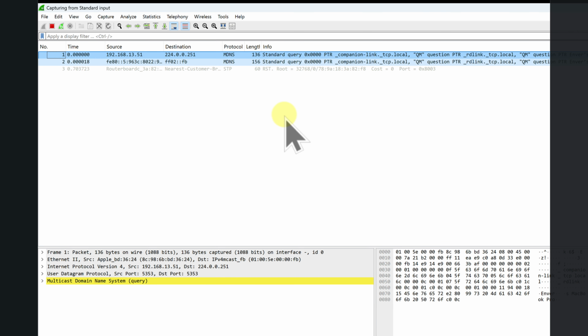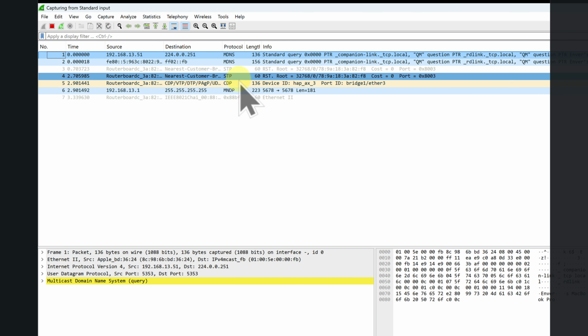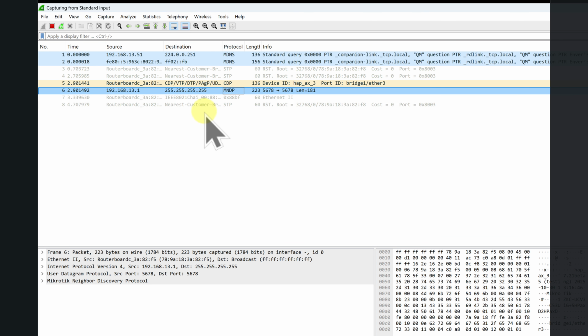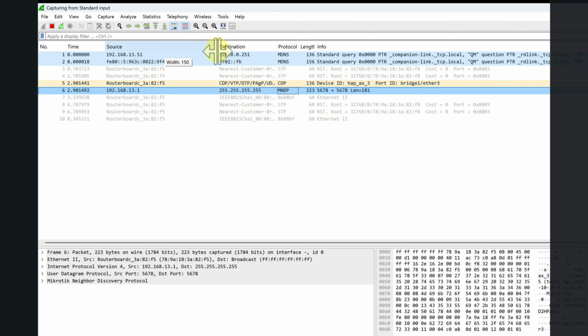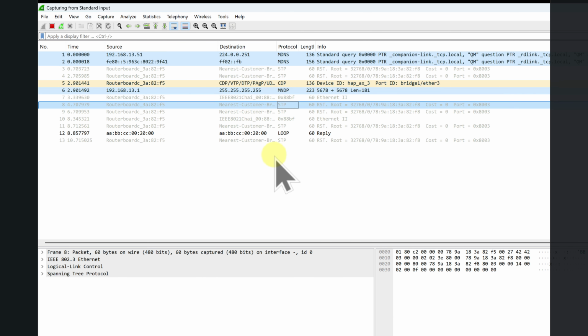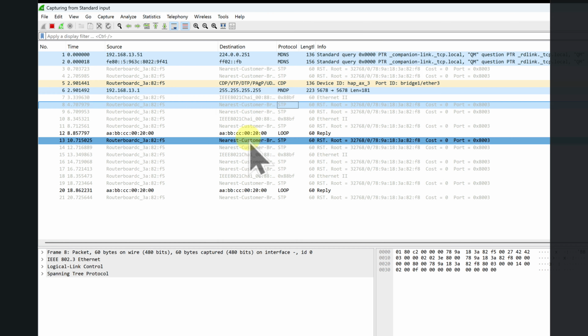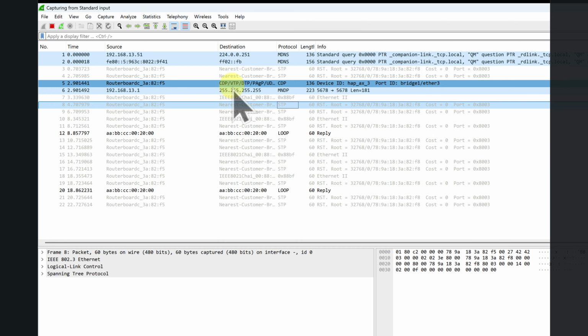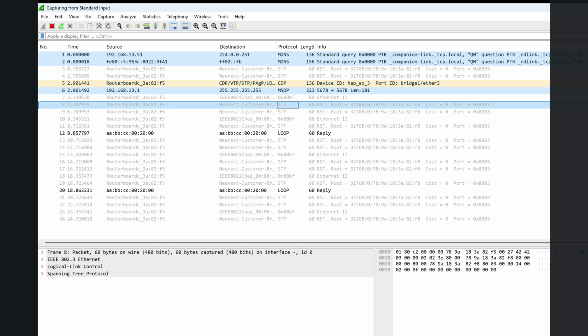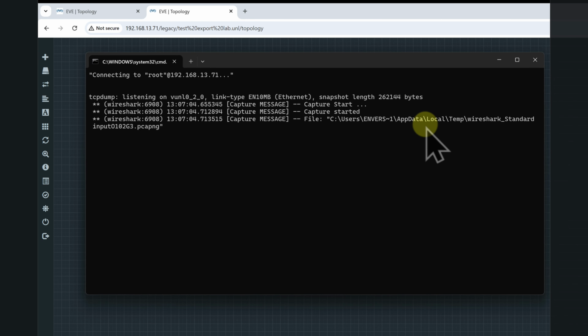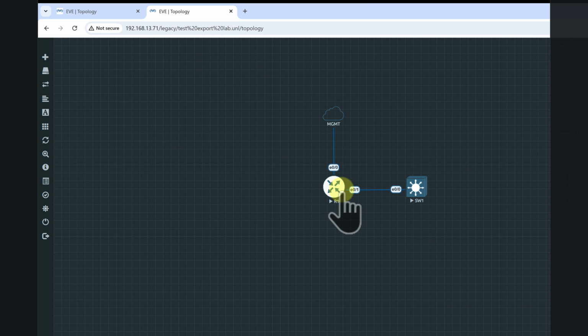And we can see that there is some kind of traffic: STP, CDP, MNDP. MNDP is MikroTik traffic, and STP is also MikroTik traffic, which is the primary router at my home. Mostly we don't see any Cisco traffic. Let it stay open and let's try to get an IP address using a DHCP client on router 1